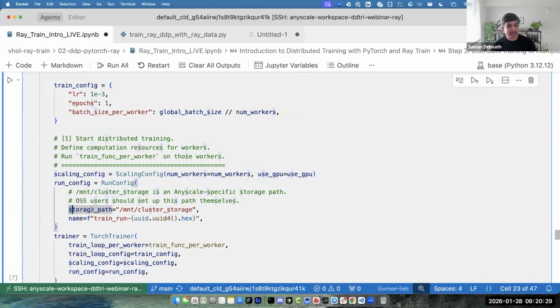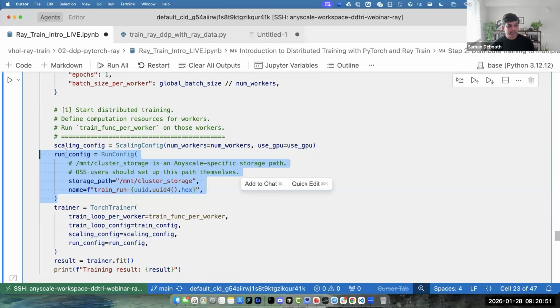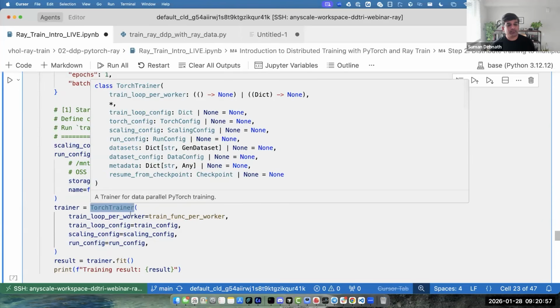So this is ideally a shared storage. It can be an S3 or a local NFS mount or whatever. But this is where you will define your storage path. This is where you will define what should be the name of that training run, etc. So this is all your configuration. And once this is all done, the training, the scaling config, run config, then you can glue everything together with